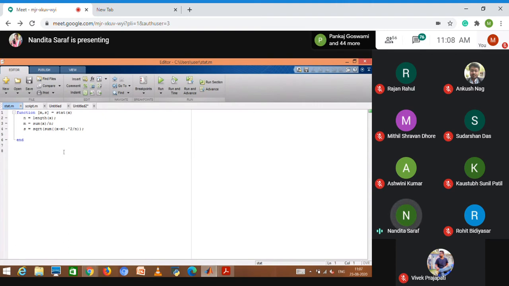Just change the output argument to ms. Give any function name you want, but just make sure that the function name and the name you are saving that function file with should be same. In that way, MATLAB can easily search for that function file. Input argument is x.